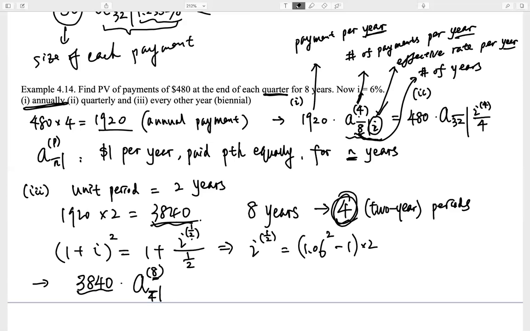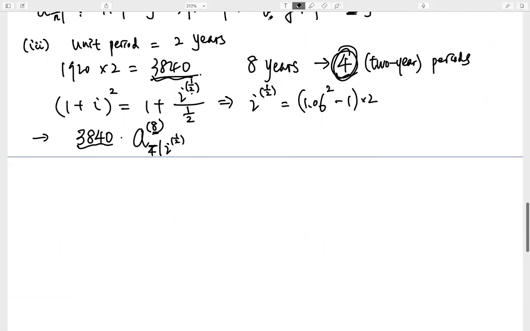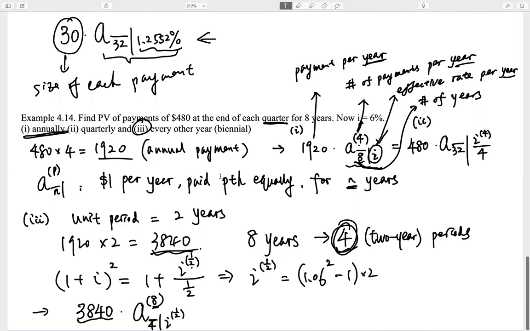And finally, I will put down the effective interest rate per 2 years. It would be I half. That would be the notation. The last one is a little awkward, but if you understand the last one, you should understand all the notations we introduced. The last example we do is obviously the future